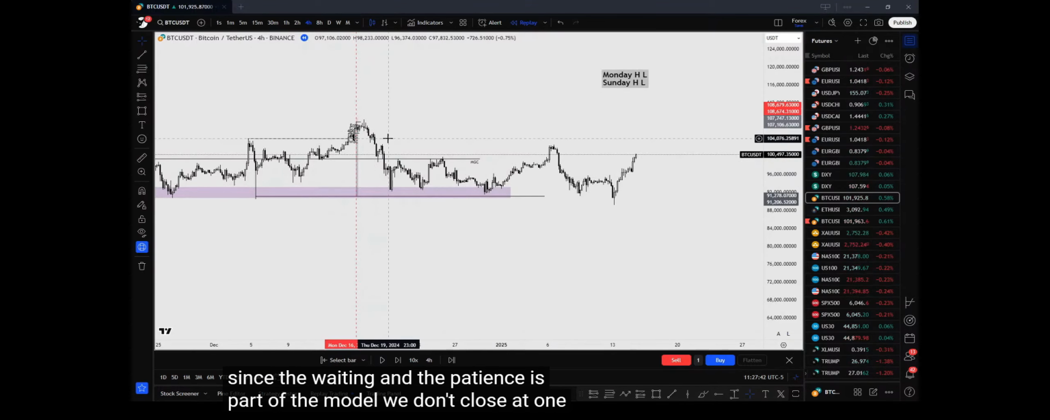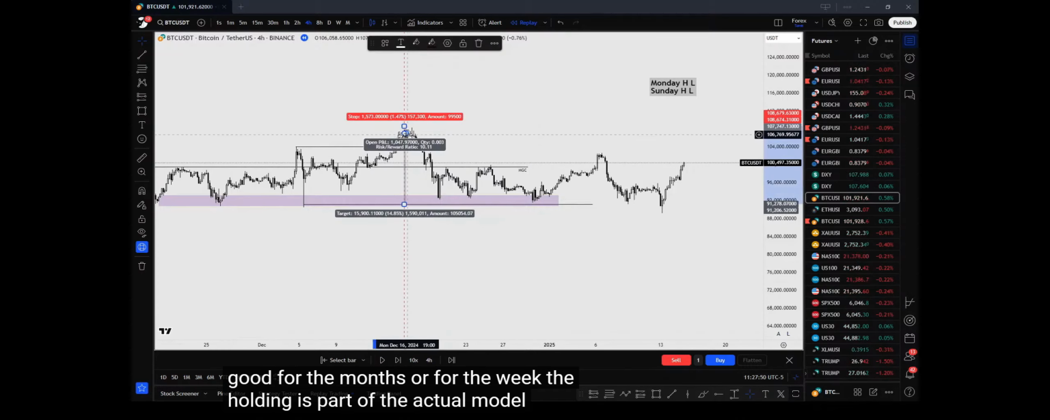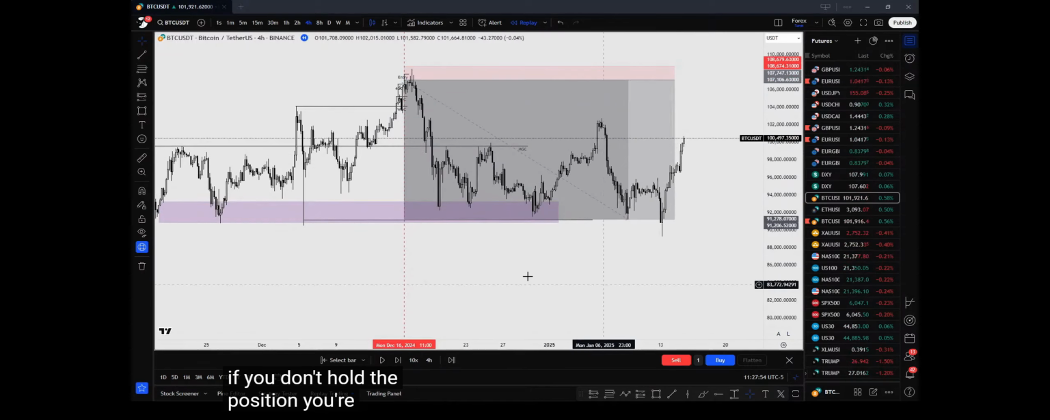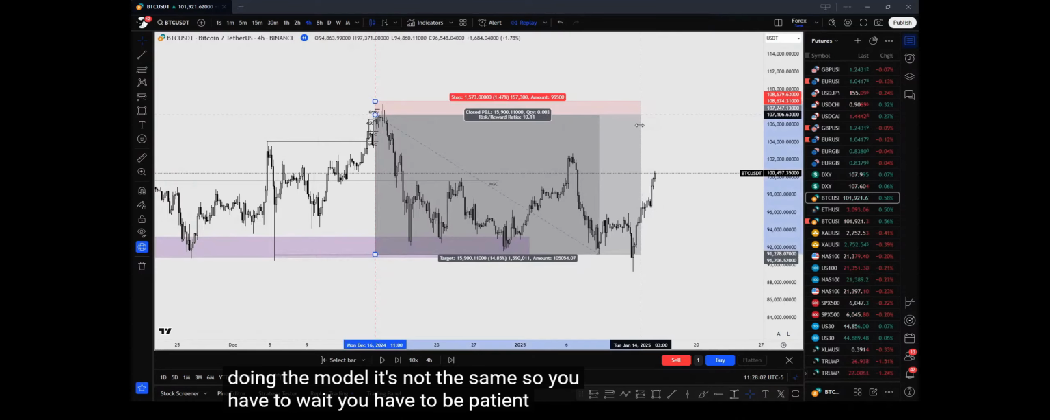We don't close at 1 hour or 2 hour thinking that that's good for the month or for the week. The holding is part of the actual model. So if you don't hold the position, you're not capitalizing on the model. You're not doing the model. It's not the same. So you have to wait, you have to be patient, and you have to hold your positions